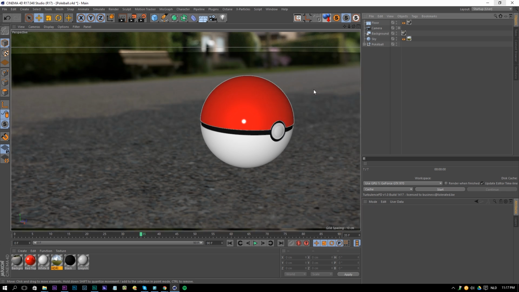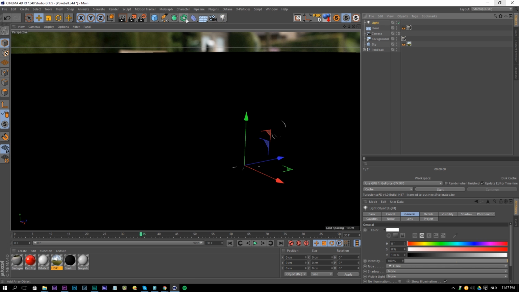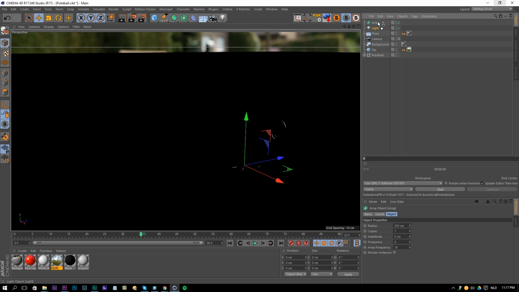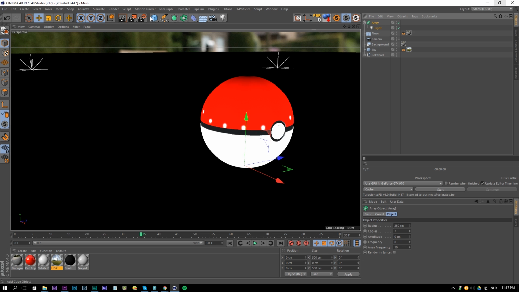Because we are using a background and the sky as a reflection map, it still doesn't provide us any light to our scene, and unfortunately without global illumination we can't achieve this. But global illumination takes so much time to render, and I really hate using that. So I'm going to add one light, add an area here, add that light to the area and the array here. Yeah, I should be saying array.